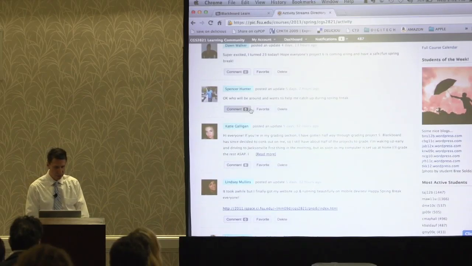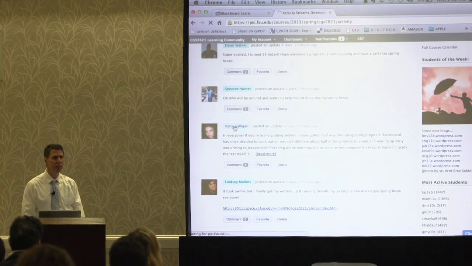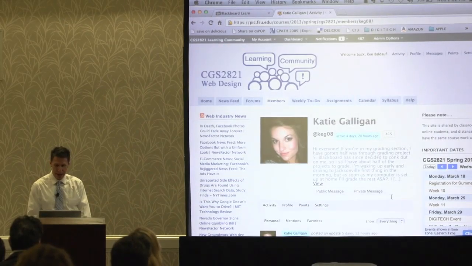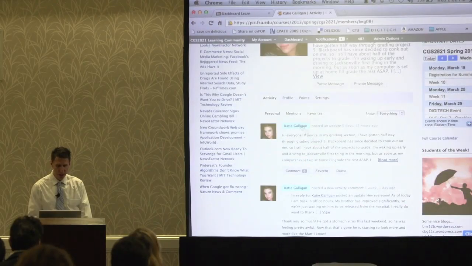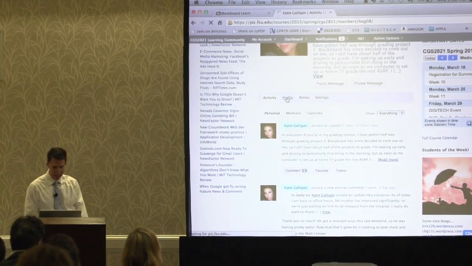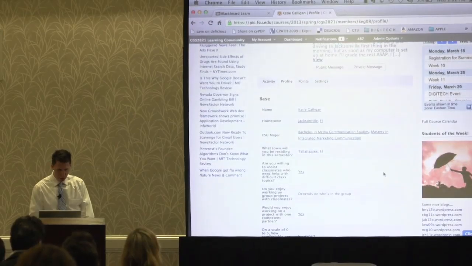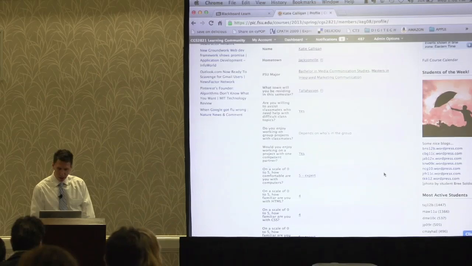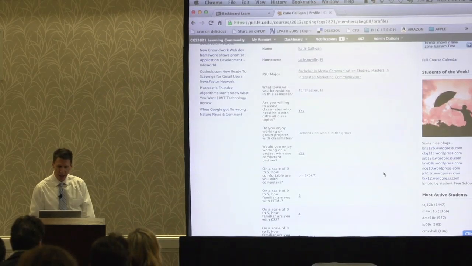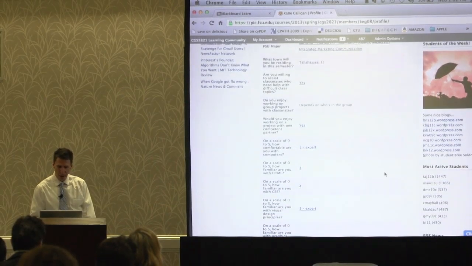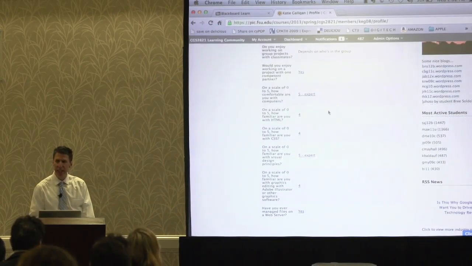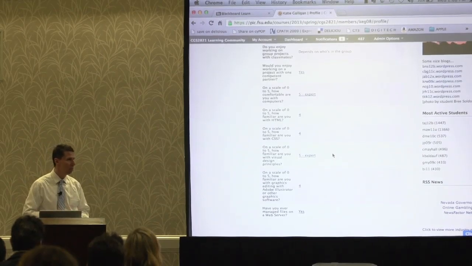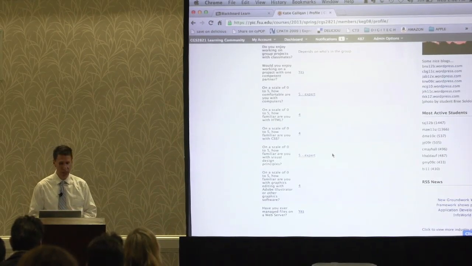Students have their own profiles, so they provide their image just like on Facebook. And it allows you to ask questions that are important about the student. So if I look at this student's profile, I can see where she's from, what her major is, and whether she is willing to assist her classmates in the class, whether she likes to work in groups, and what her level of expertise is on the topics taught in this course. So students can look at each other's profiles, see where people have experience, and ask them for help and questions.